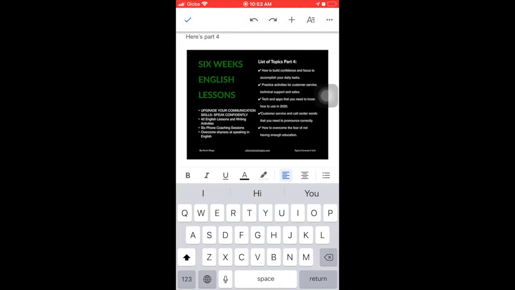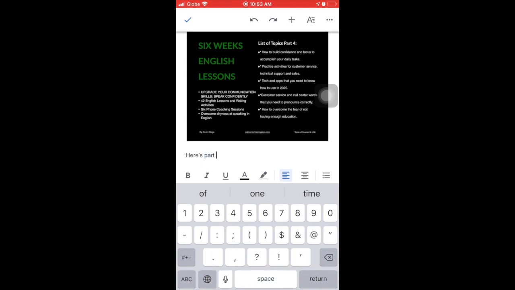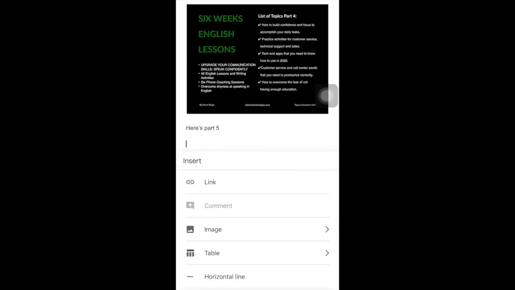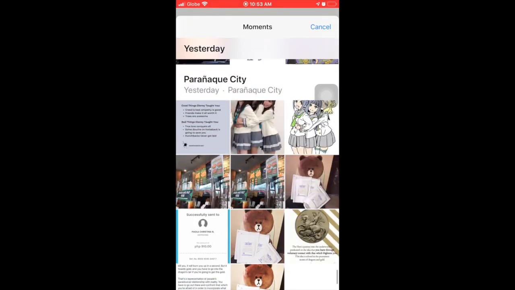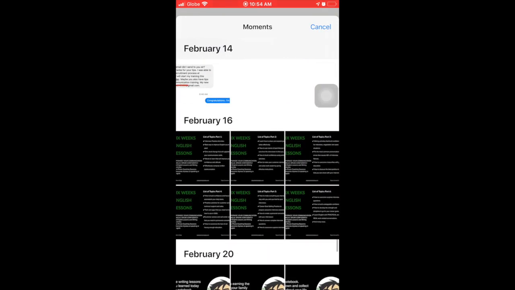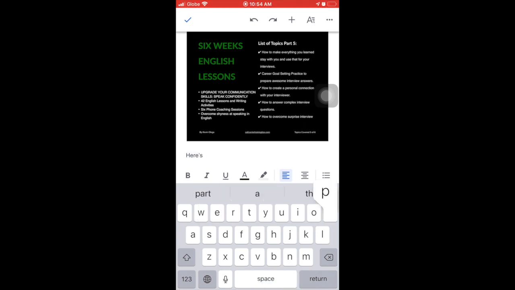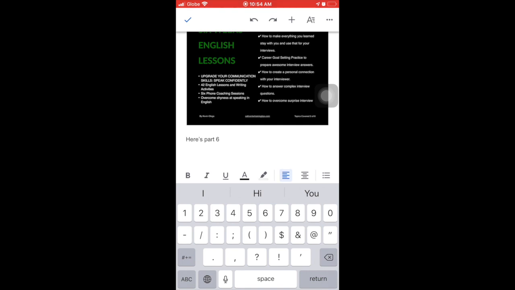So I want you to get used to it. So just add a space. Here's part 5, and here you go, insert photos, and look for part 5, and there you go, you got part 5. And then scroll down a little bit, here's part 6, then hit plus,